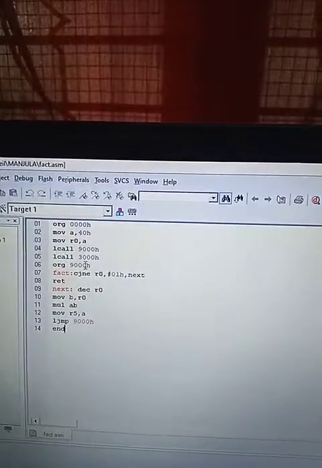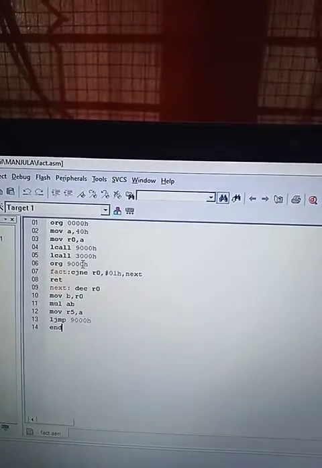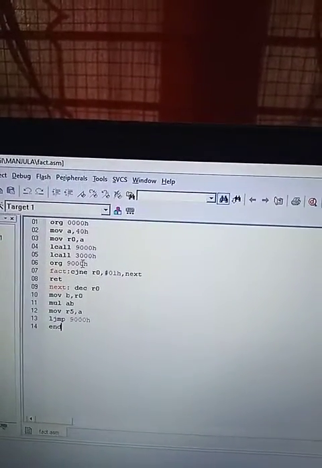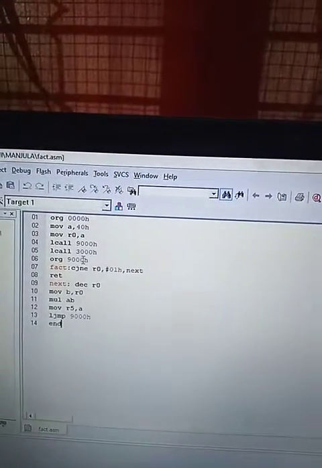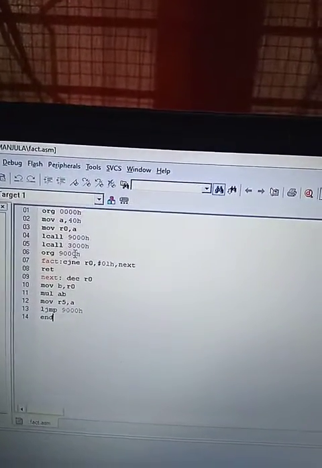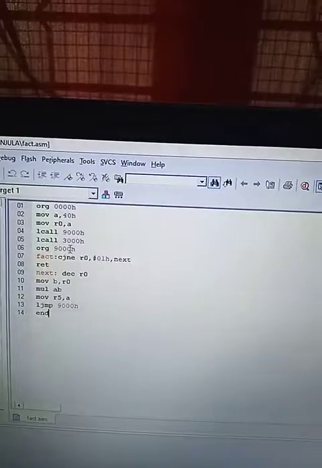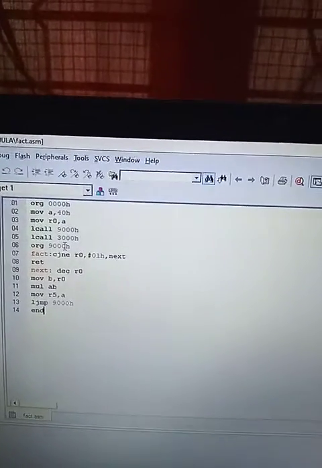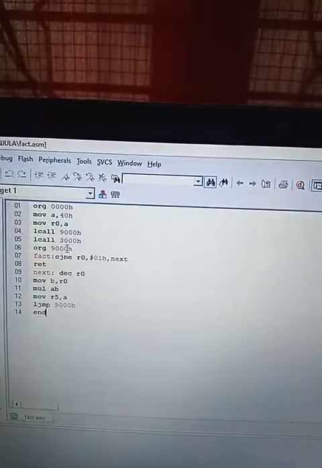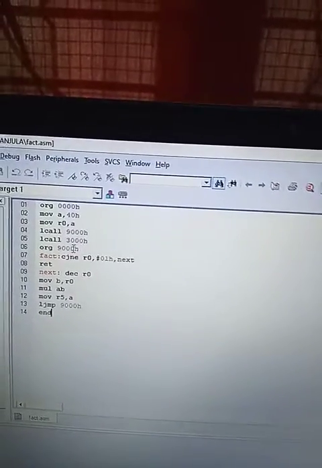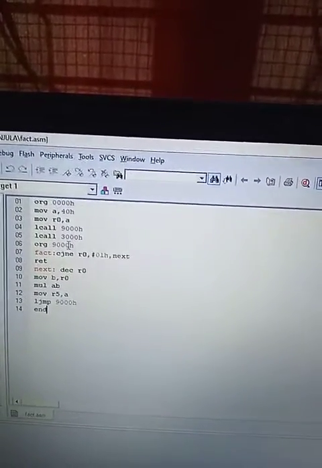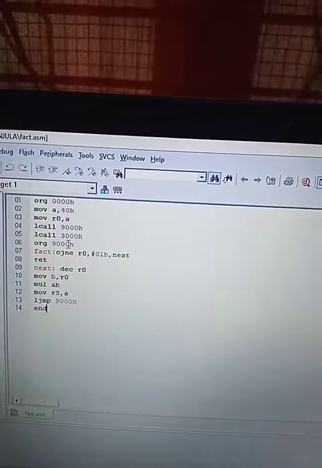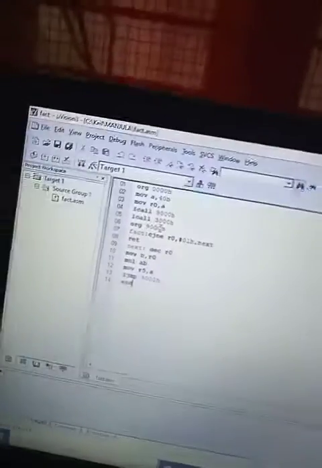If the data present in R0 is equal to 01, then return the value. Otherwise you decrement R0, move R0 to B and perform multiplication of A with B. Move A to R5 and LJMP once again to 900 location. So this is the program.